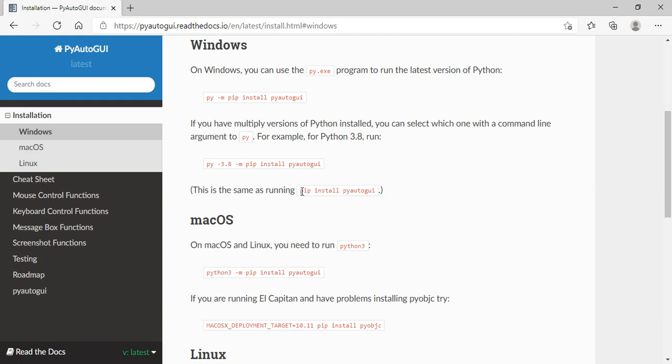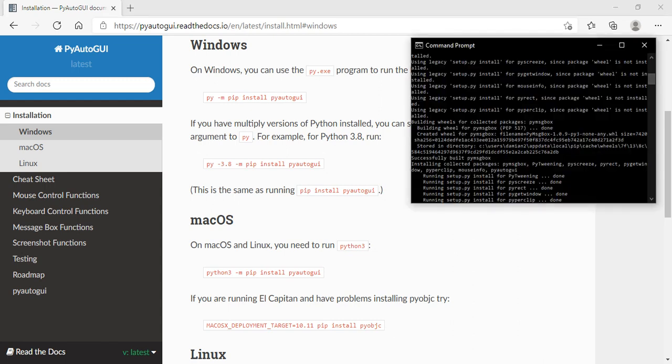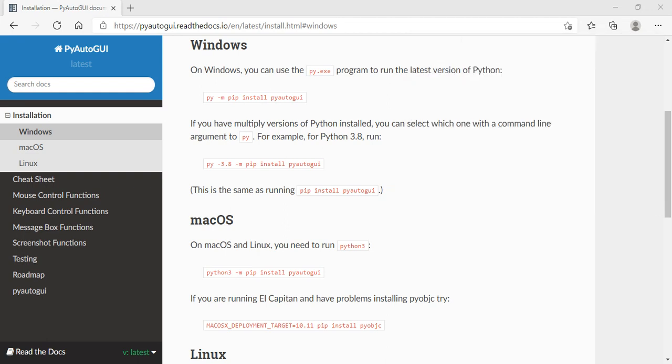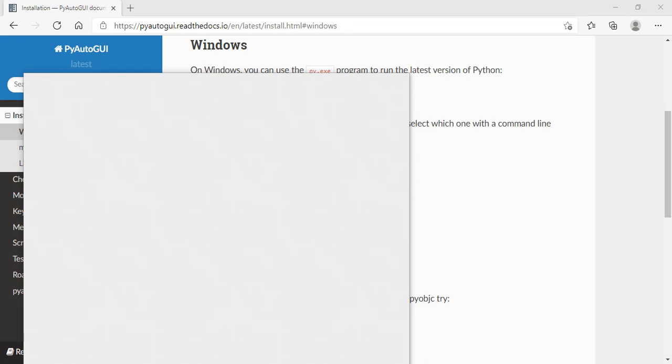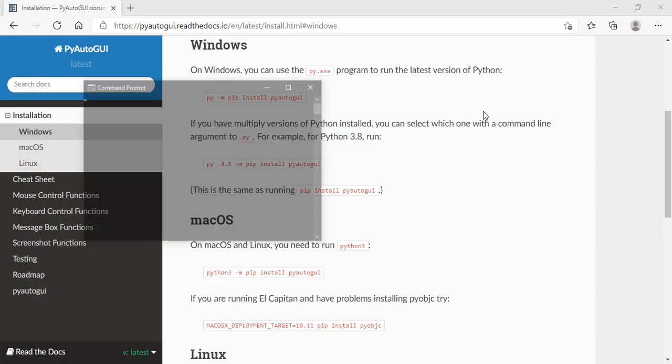If you see here on Windows, pip install pyautogui, and you would then access the command prompt. If you don't know how to do that, that would be here, cmd command, and command prompt comes up. In here